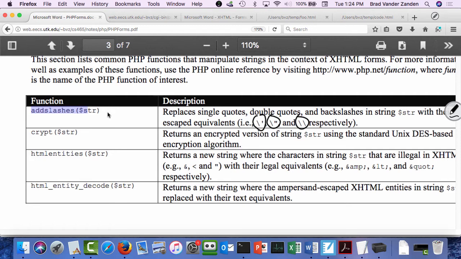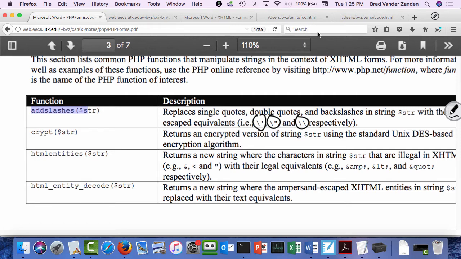And that way, when you call your insert query on the database, the backslash on the quotes is going to say, this isn't really a quote that terminates the string. This is a quote that was meant to be part of the string that I'm inserting into the database. So addslashes allows you to